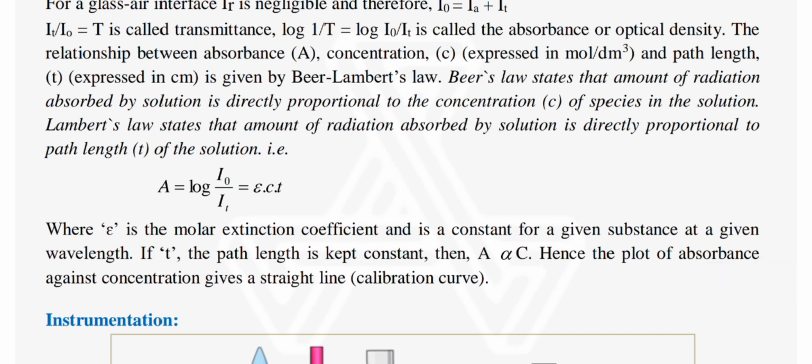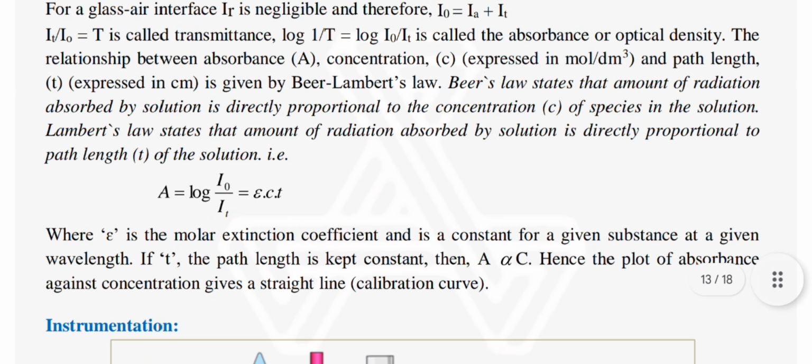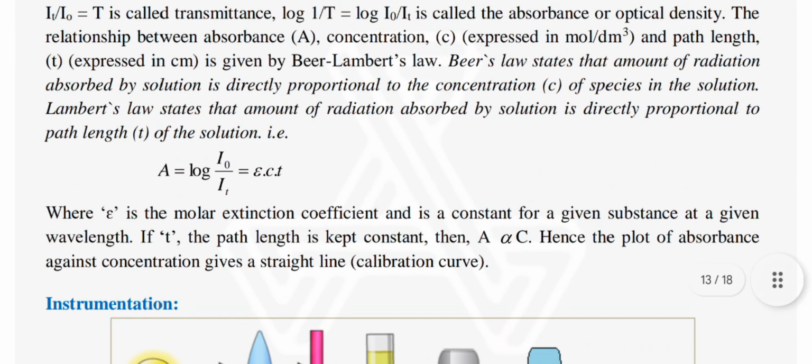For a glass-air interface, IR is negligible, and therefore I0 is equal to IA plus IT. IT by I0 is equal to T, called transmittance. Log of 1 by T is equal to log of I0 by IT, called the absorbance or optical density. The relationship between absorbance A, concentration C, expressed in mole per dm cube, and path length t, expressed in centimeters, is given by